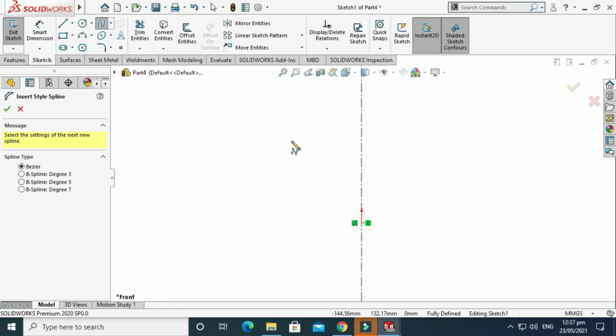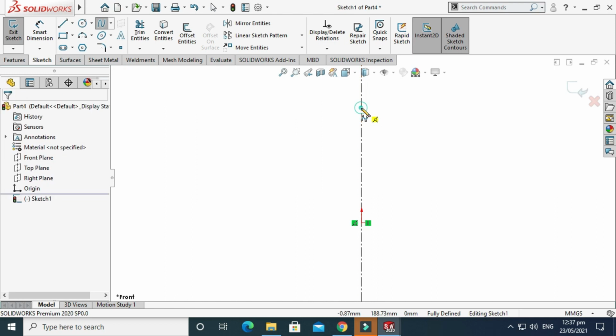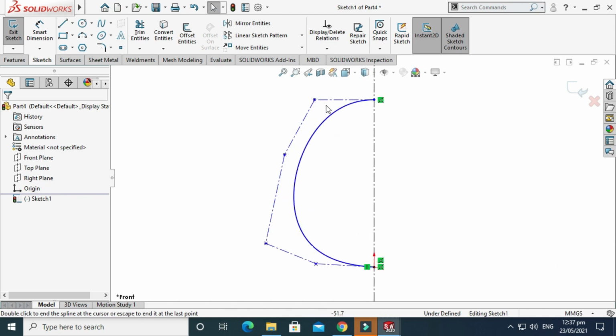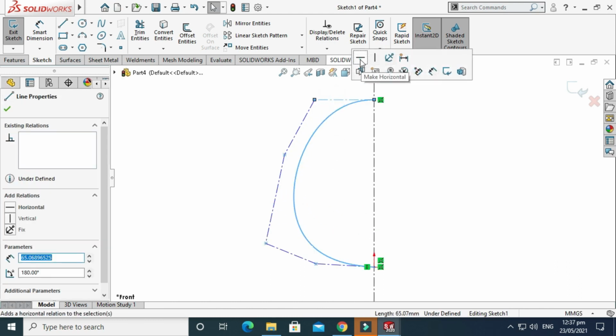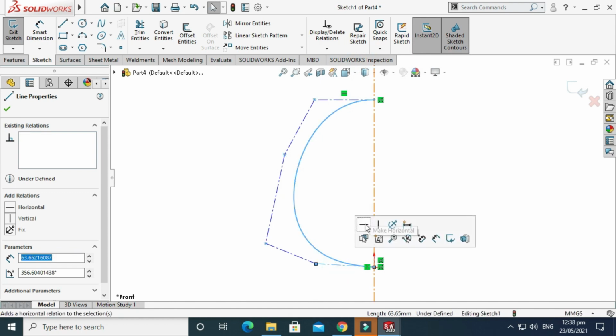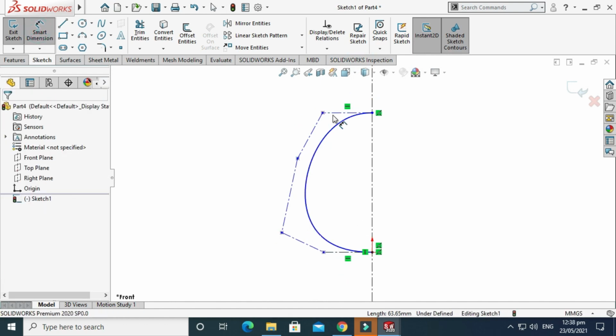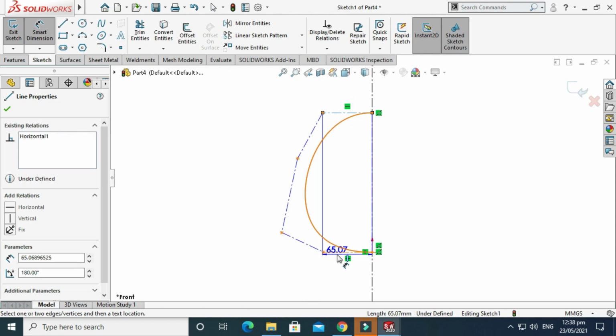Remember, we are making a sketch for the revolve command, so we'll make a basic sketch, right? This line will be horizontal, this line will also be horizontal, and now we'll give them suitable dimensions.